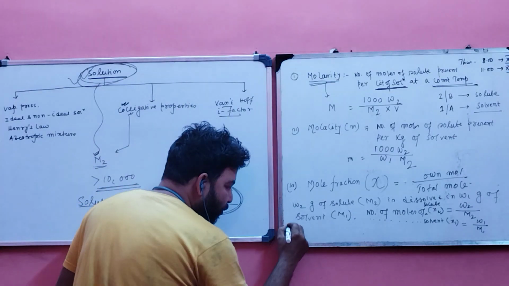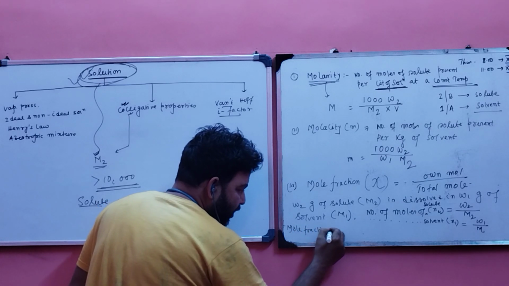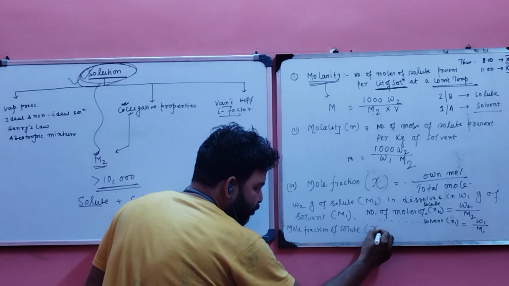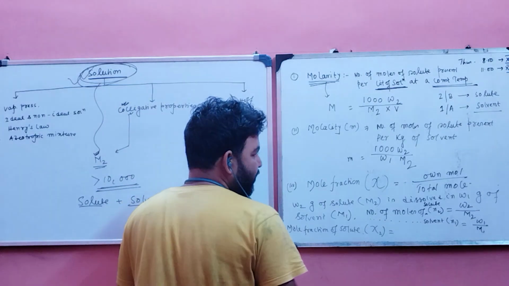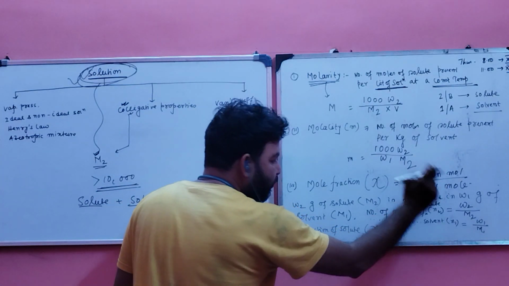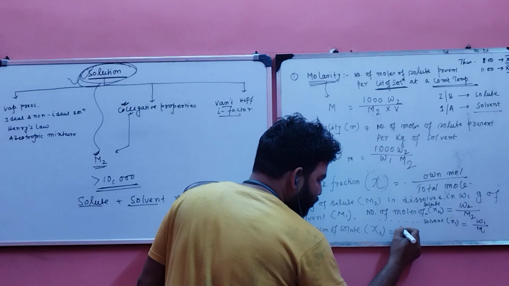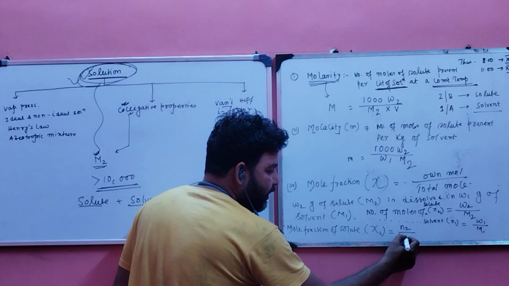So now the mole fraction of solute, that is chi2. What is the formula? One component's moles by total moles, so N2 is the moles of solute and total moles is N1 plus